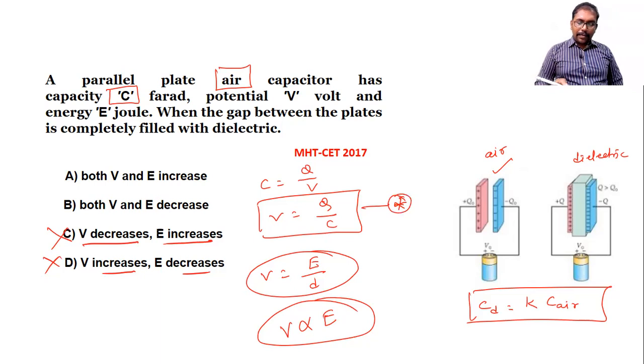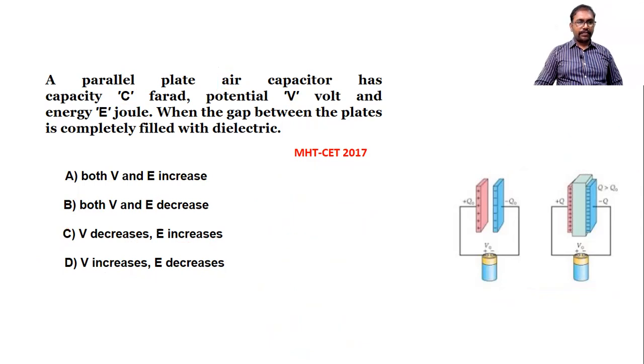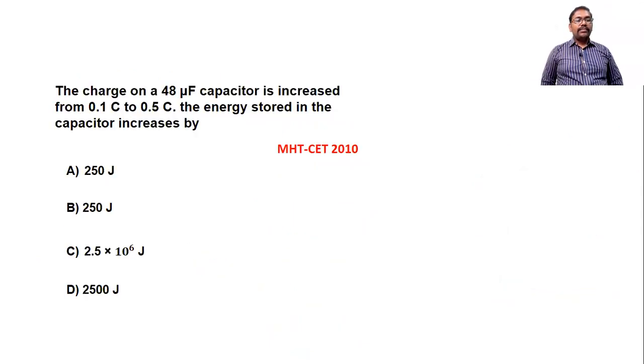With air, the capacity potential is V. But when we replace the air by a dielectric material, capacity increases. C increases means V decreases. As V decreases, E also decreases. So the answer is both E and V decrease. So this option B is the correct option for this question. Now next question. The charge on a 48 microfarad capacitor